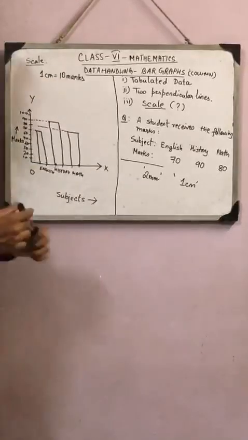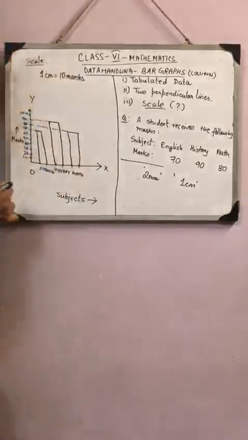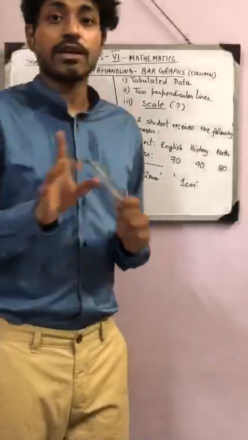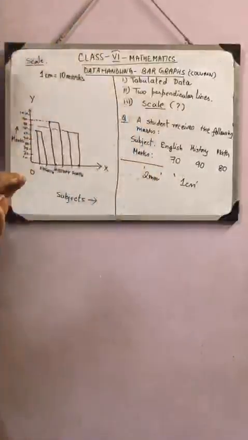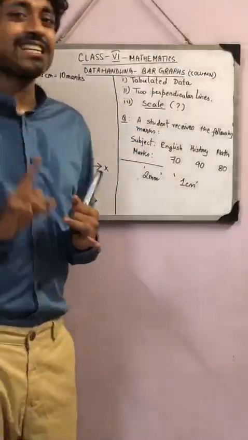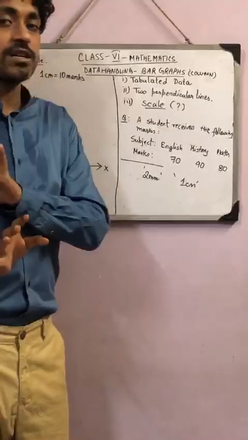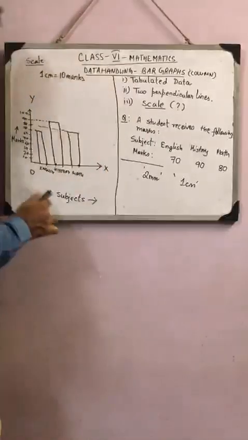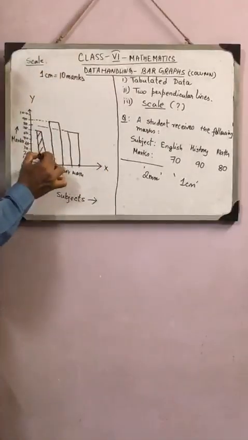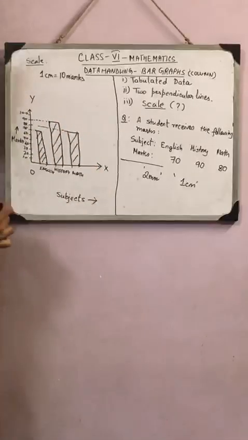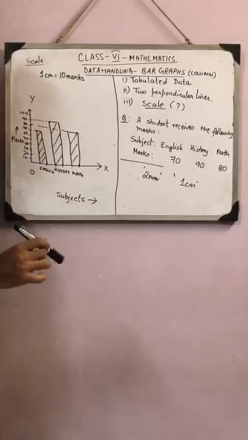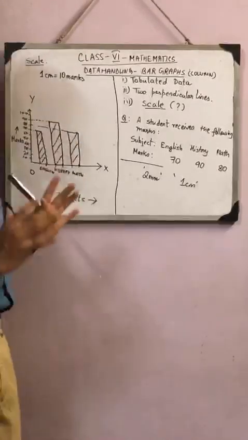You may choose to shade your bars, but first of all, it is not compulsory, it is not mandatory. If you do choose to do that, then it should be neat, clean and tidy. Untidy bar graphs, untidy mathematics won't be entertained. Shade it like this. Use single pen strokes and come back. That's it. Our graph is ready, our graph is done. This is how to draw a bar graph.